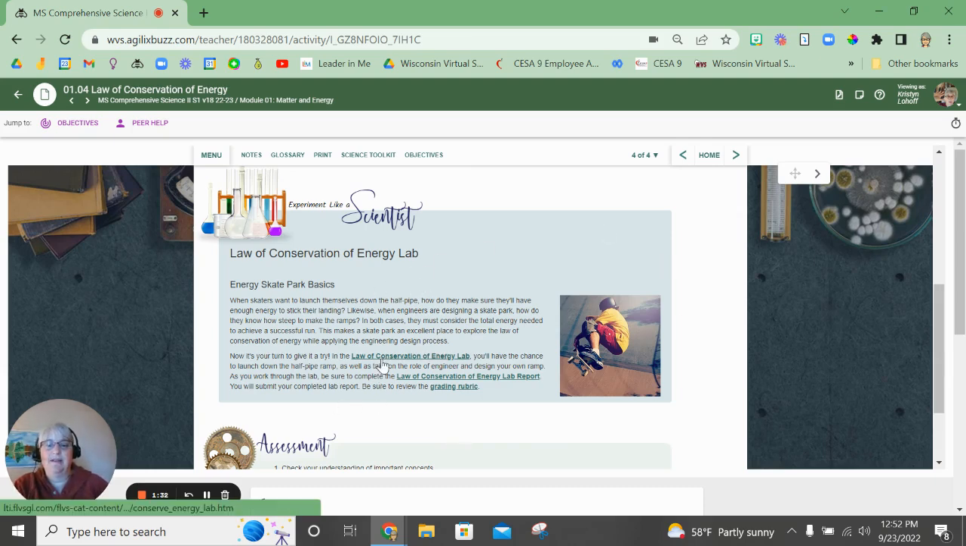Now here is a link for the Law of Conservation of Energy Lab. These are the directions, and this is where the simulation tool is. So if you are confused on where to find this simulation tool, you're going to have to click this link and open it up. Right here is a copy of the lab report that you can use to complete the